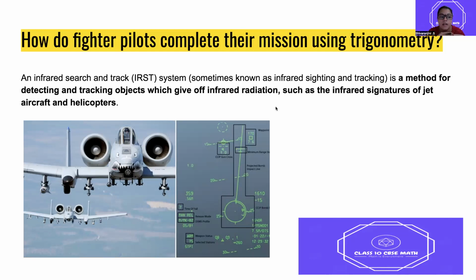They use this infrared search and track, IRST system, for detecting and fighting against their enemies. So fighter planes, if they have to be launched, then we will have to use this particular tracking system, with the help of which we can